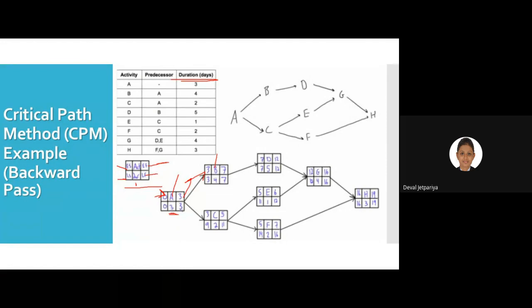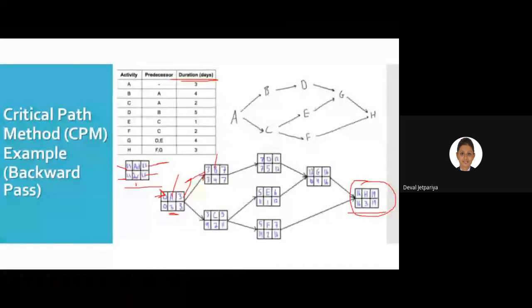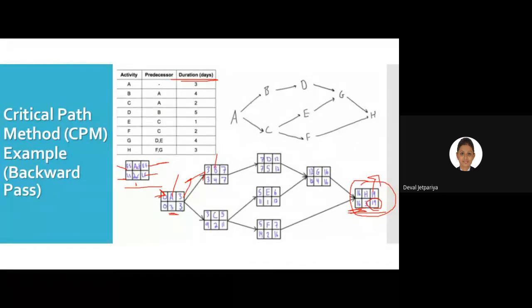Now whenever we reach the last activity, whatever is its early finish, the same is its latest finish. So here we are getting 19. The same time 19 we are repeating over here. Now to identify the latest start, this first below box, we need to do just latest finish minus duration. So 19 minus 3 we are getting 16. So likewise, are you able to complete the entire pass, either forward or backward?